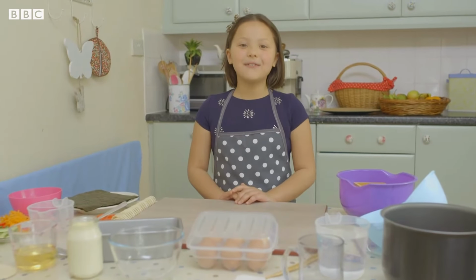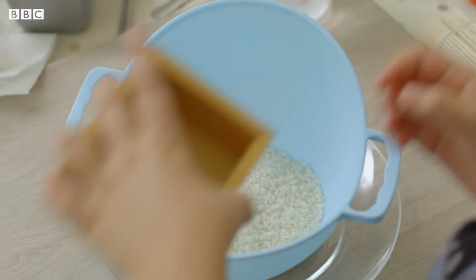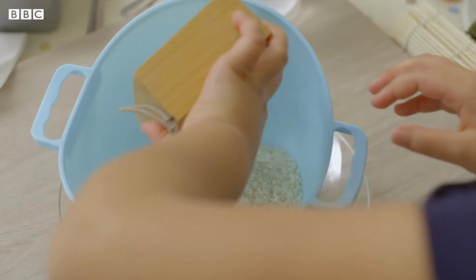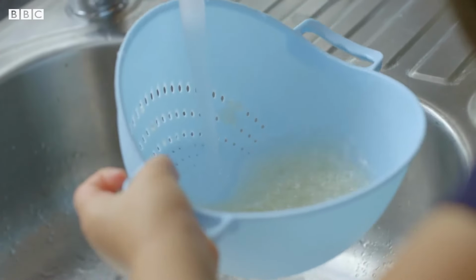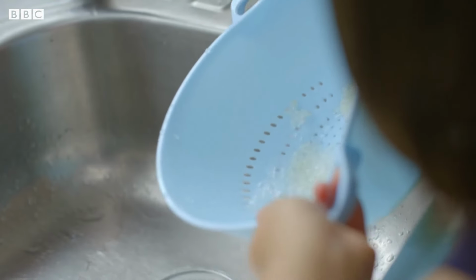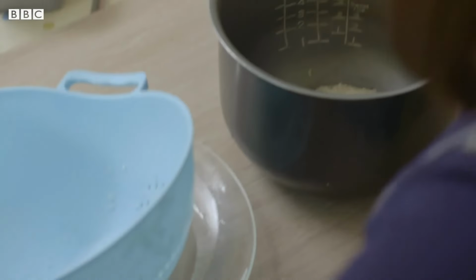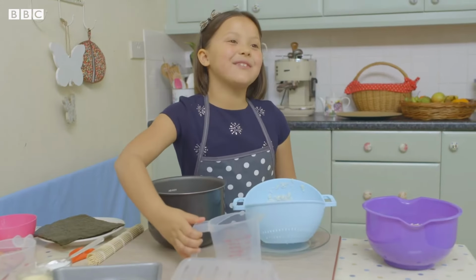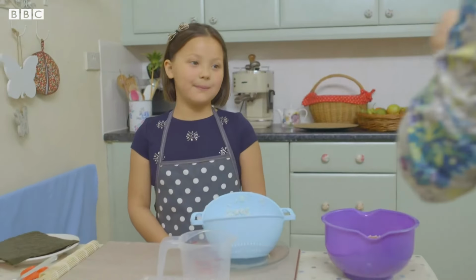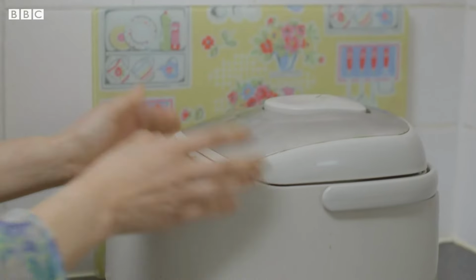First I need to measure the rice, then wash it. Just scoop sushi rice into a sieve or rice rinser like Hannah's. Then rinse it twice in cold water. Next I'm going to pour the rice into the bowl. And add some cold water. Mum, can you put this in the rice cooker? Hannah's mum is using a special rice cooker to cook the sushi rice, but you could cook it at home